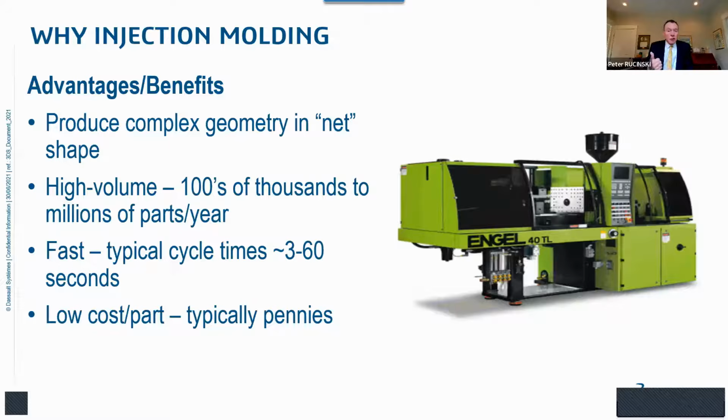So it means the color is molded in. It has all the geometric features required: ribs, gussets, bosses, through holes, vent holes, you name it. It's got the impact strength it needs. It has the mechanical strength it needs. It has the chemical resistance it needs, and so on and so on. That's really an amazing benefit when you think about it.